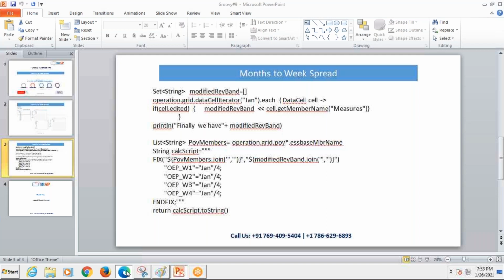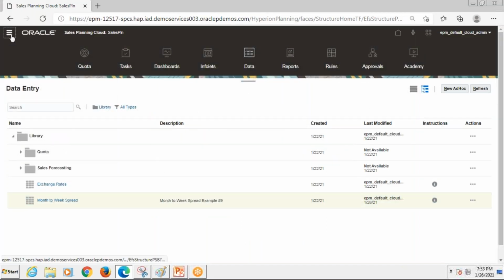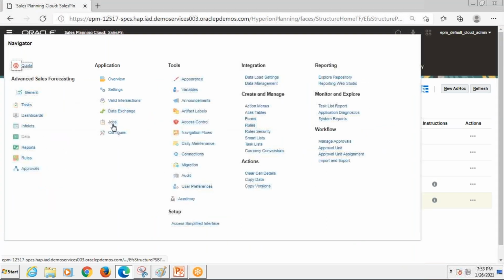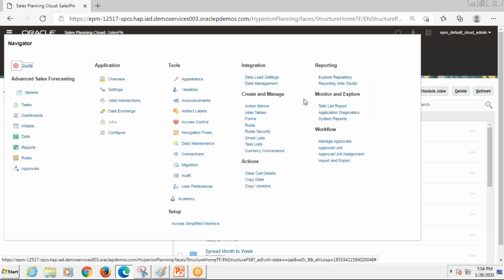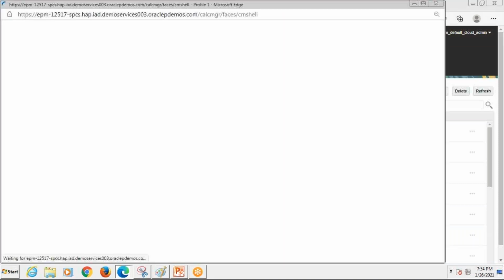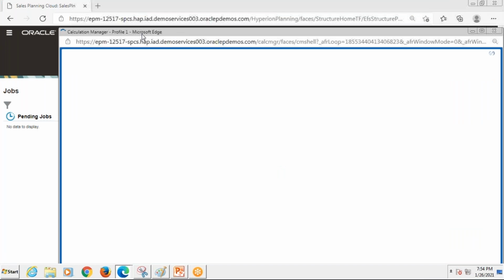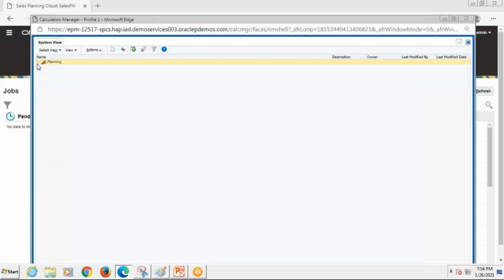To handle it, I'm going to write a script, and for half of the part, if you're following our Groovy scripting, you may be aware that in the first part we track what all the users have changed. And in the second part, we track what all the POV we are using. So here, proceeding with writing a script for that.